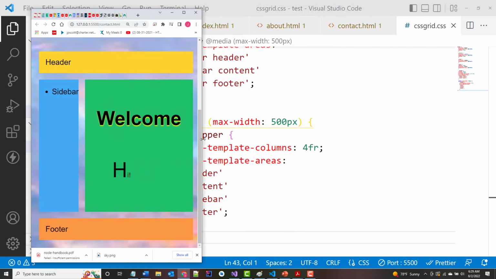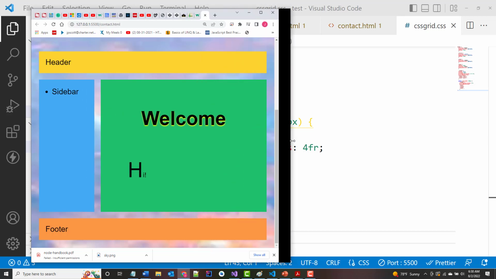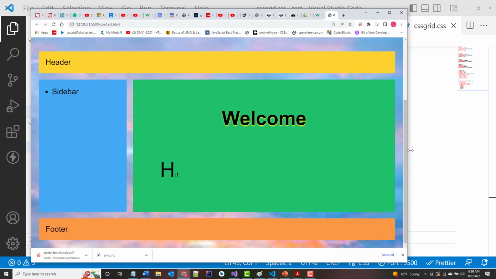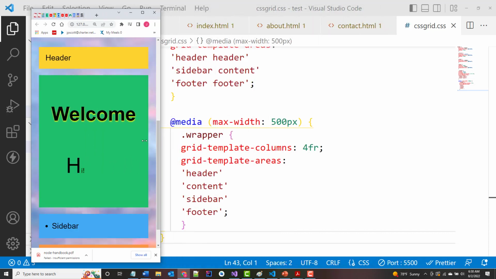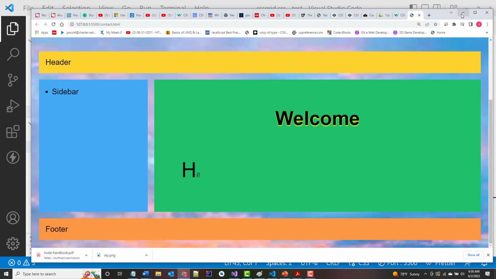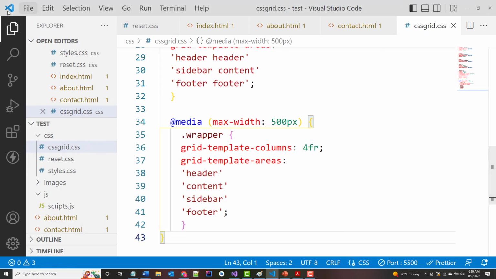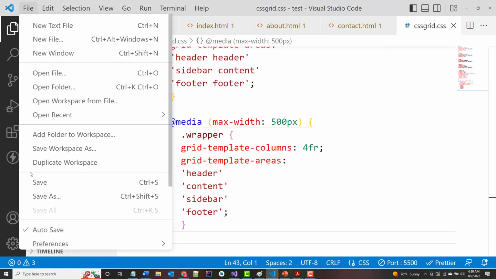But when we're at this point, notice what's happening. We've got this all in here. The sidebar is a certain size, and the main content is trying to take up the rest of the area, the header and the footer are taking up as much area as we have available. All right. Now that pretty much, I think at least, should be it